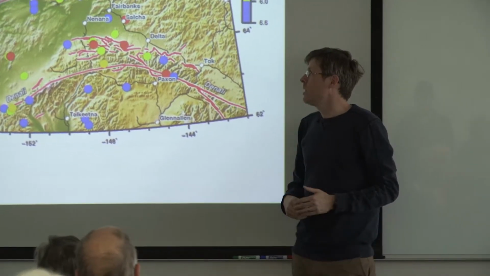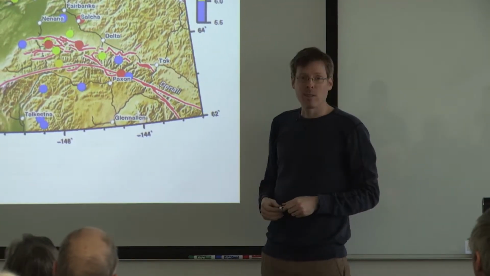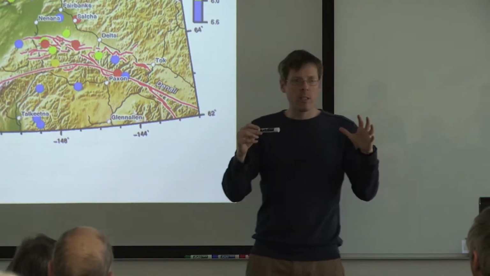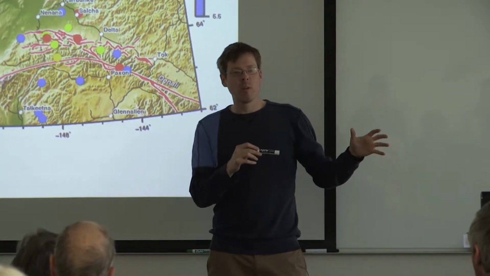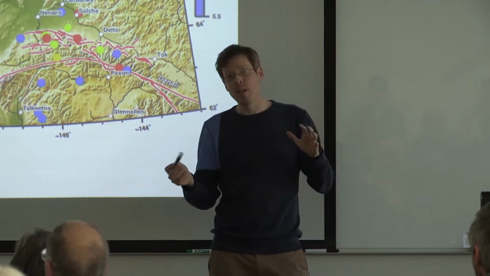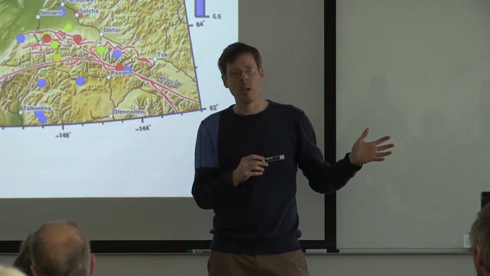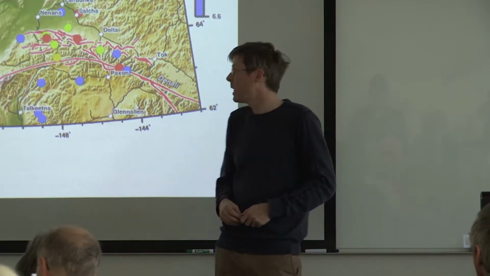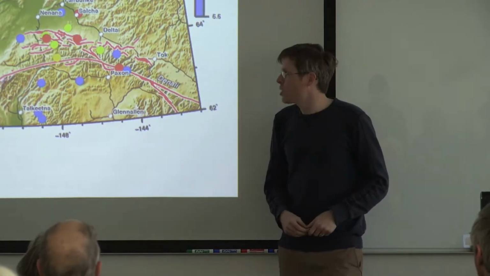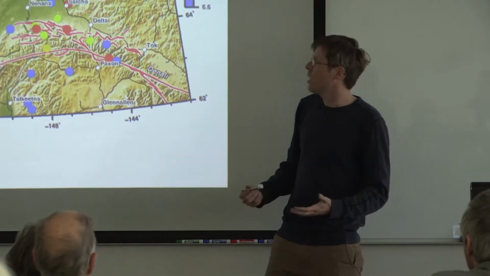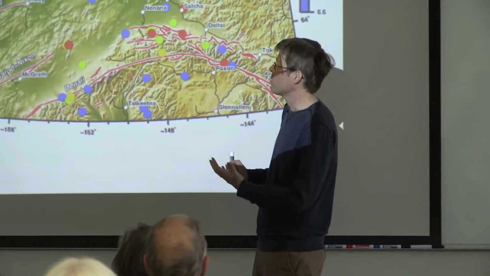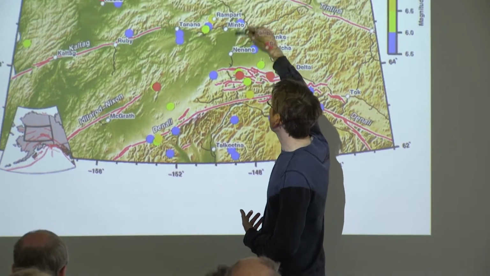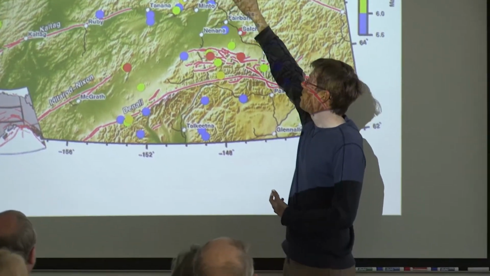So what's the deal? We have a lot of dots that aren't on faults. So, the idea that we should be guided by where someone told us there's a fault? Well, earthquakes are all happening on a fault, especially ones this size. We just can't see it at the surface. That doesn't mean it's less important, but this is a challenge in deciding where to study and where to focus efforts. As a seismologist, if a geologist says, hey, I don't see any fault out in Minto Flats, there's no fault,